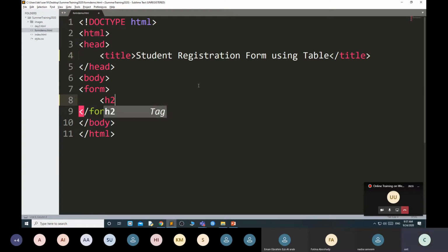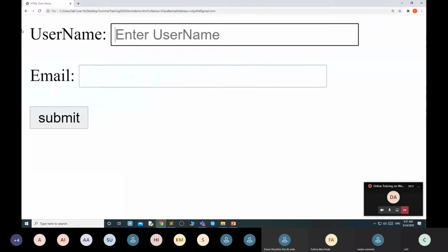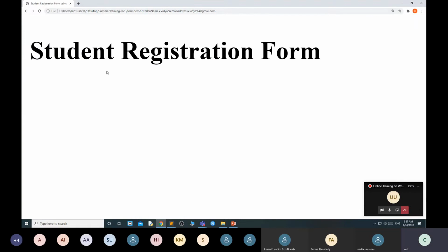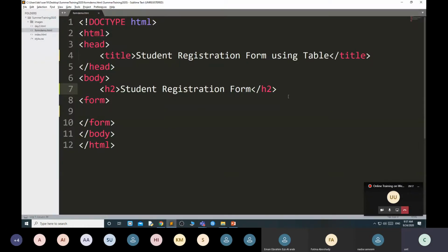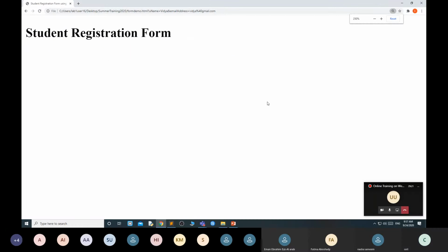First, I need a heading. Registration form. This is the heading, not inside the form, inside the body. Okay. Now I got the heading. Then I will start to design the form.